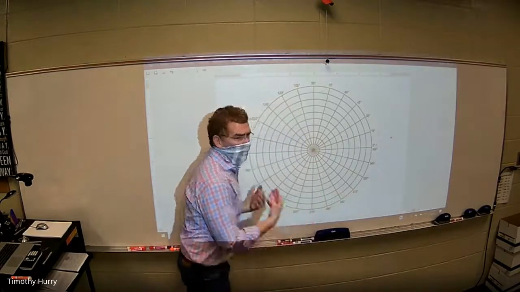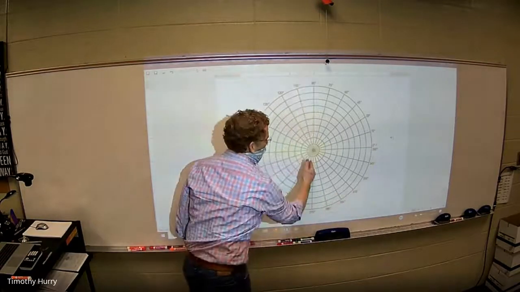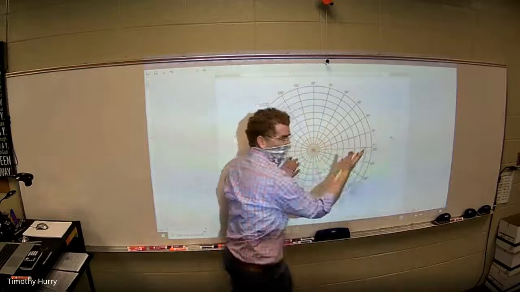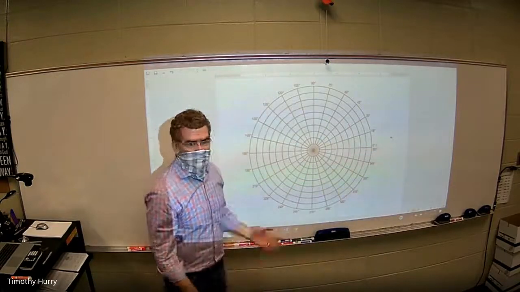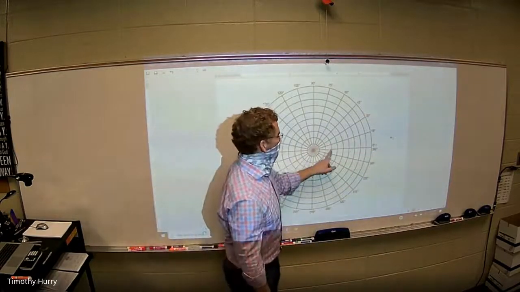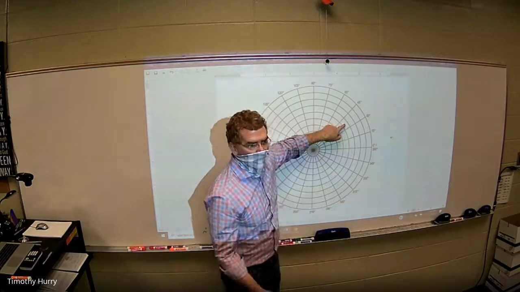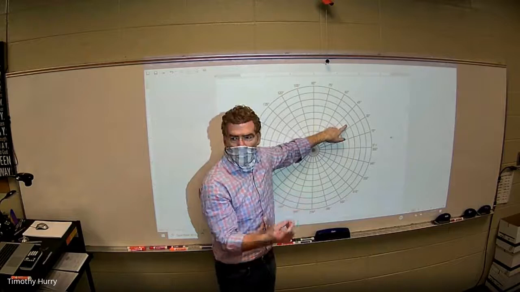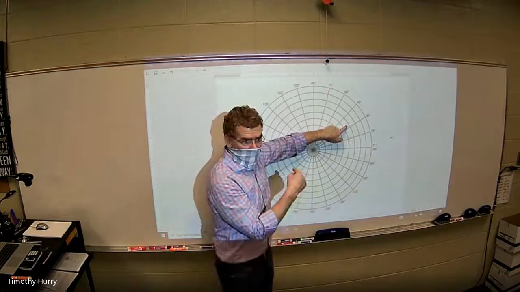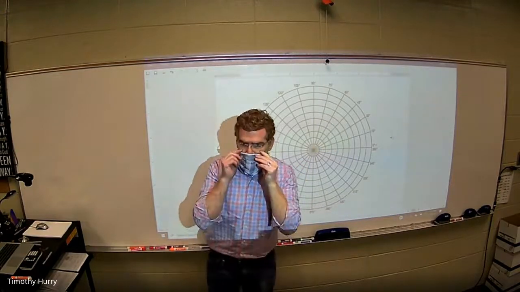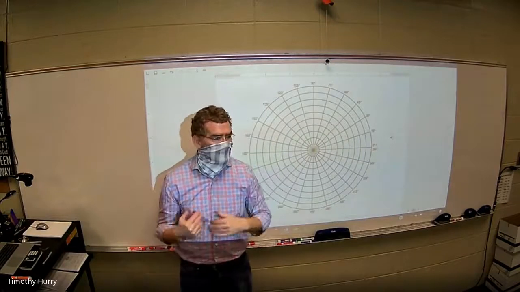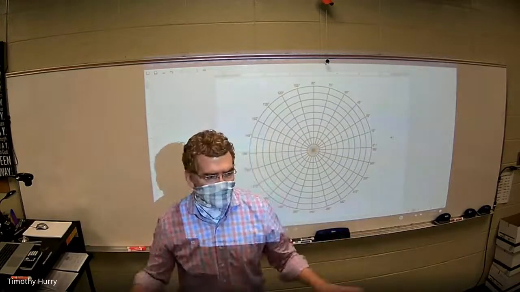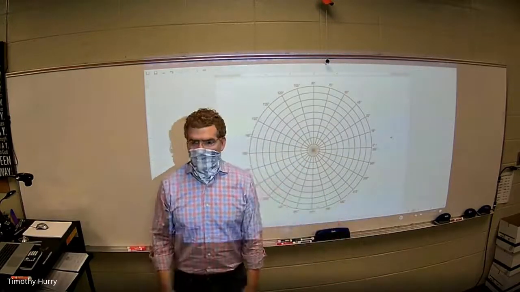Because I could, if I wanted to, lay a Y and an X axis over the top of this. And I could say, okay, what does a point like 4 over, 3 up, granted (4, 3) is what it would be on an XY plane, what would it look like on a polar graph? So a polar graph doesn't use X's and Y's. There is no X axis. There is no Y axis. There are